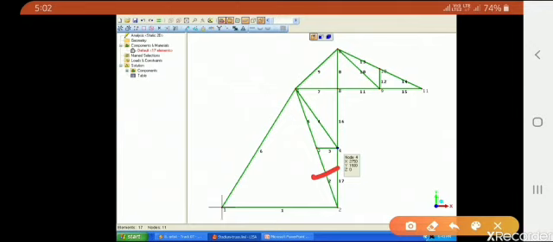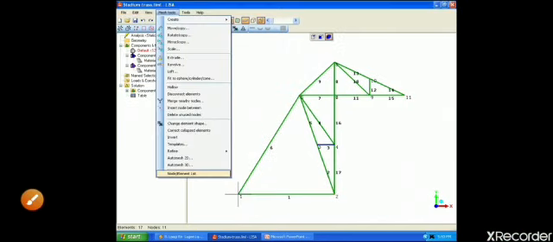Once these nodes and elements are in hand and we have provided material properties also, then we can see the various nodes and elements coordinates in the form of a list.